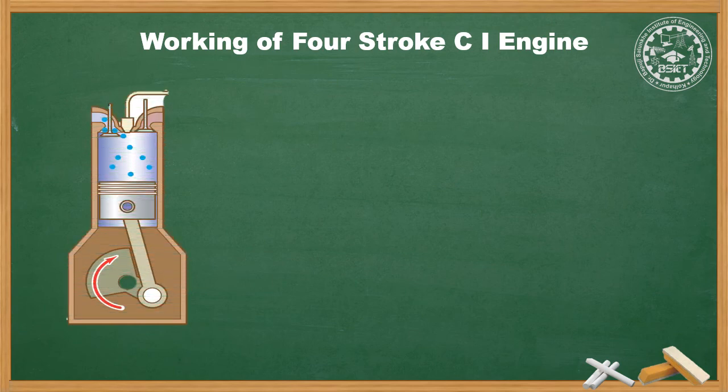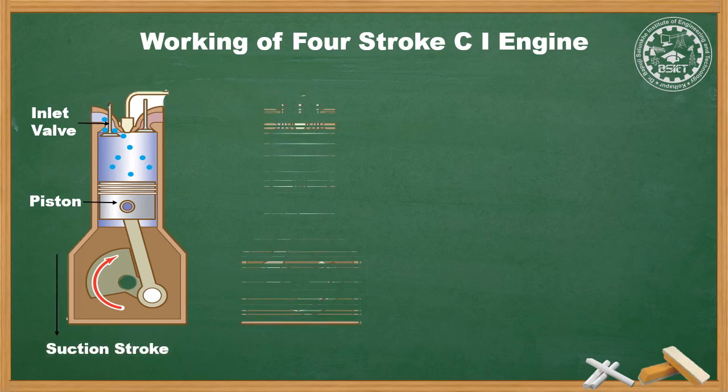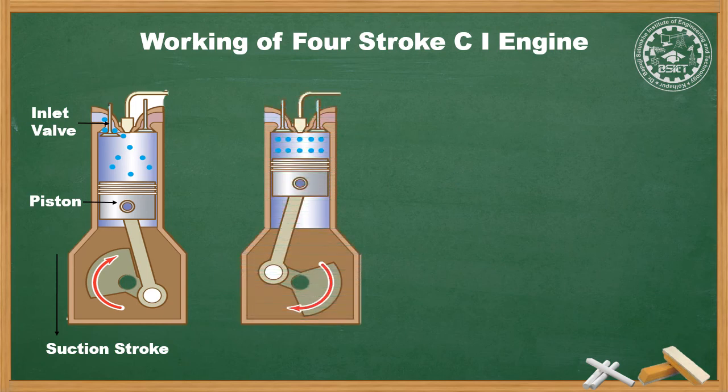The figure below shows the suction stroke. The suction stroke starts when the piston is at top dead center. As the piston starts to move downwards from TDC to BDC, the inlet valve or suction valve opens and the exhaust valve is closed. Low pressure is created in the cylinder relative to atmospheric pressure, and air from the atmosphere enters the cylinder. At the end of the suction stroke, the inlet valve closes.